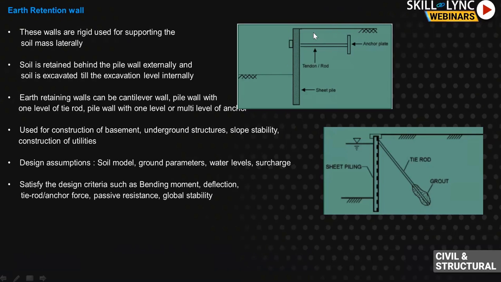Because of this load, what will happen? Your soil will try to sag. When the soil is trying to sag, your soil mass will be pushed onto this sheet pile, so your sheet pile will automatically deflect. Your bending moment will not be within the limit. So all these problems will happen. That is why, in order to laterally restrain, you will have to go for a support either horizontally or else in an inclined way.